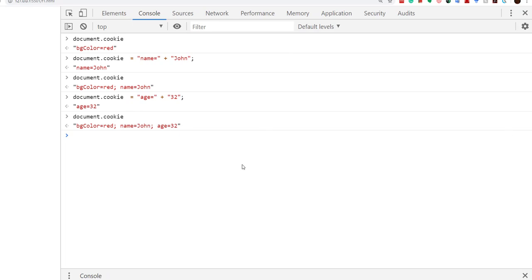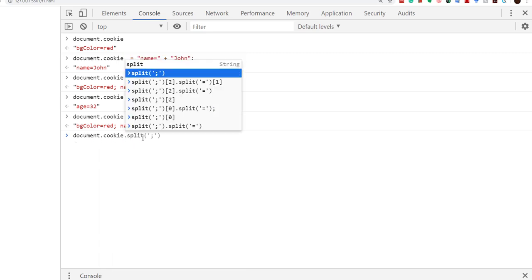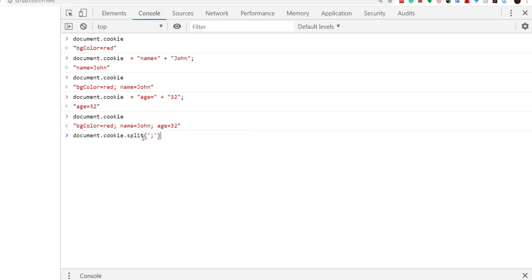So if I go through the cookie, as you can see, this is a string separated with a semicolon. So the very first thing I can do is if I want to access these cookie, I should be able to separate them. What is the delimiter between these cookie is a semicolon. So let's go do that. So I'm going to go ahead, document.cookie. I'll use the split function, right? And simply I'm going to use the semicolon, which is the separator among all these cookies. So as you can see this, I have simply have all these separated into three elements, three arrays. First one is the BG color, second one is name, and the last one is